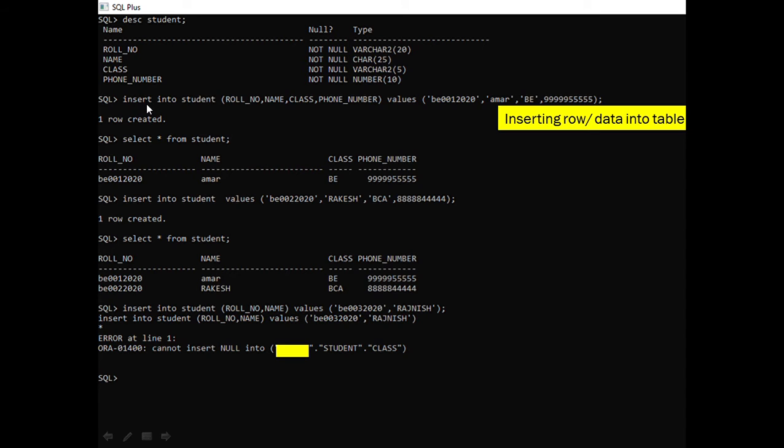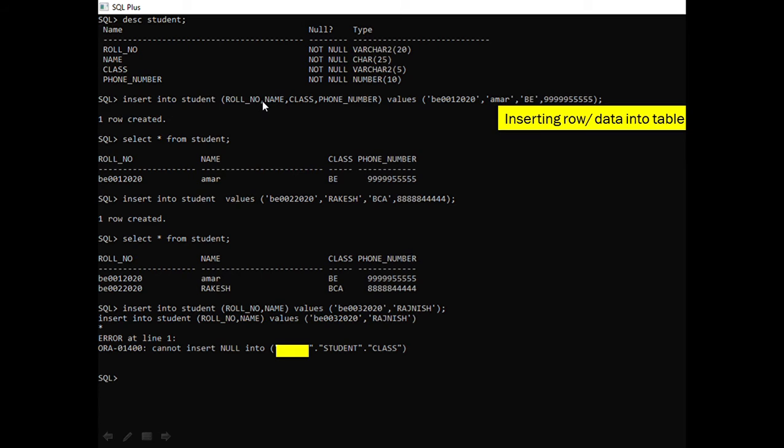Now the command for inserting a row into the created table. My table is the student table. The command is insert into table name; here the table name is student. Insert into student, then open bracket, then write all the columns which you want to enter. Here roll number, name, class and phone number are my columns.